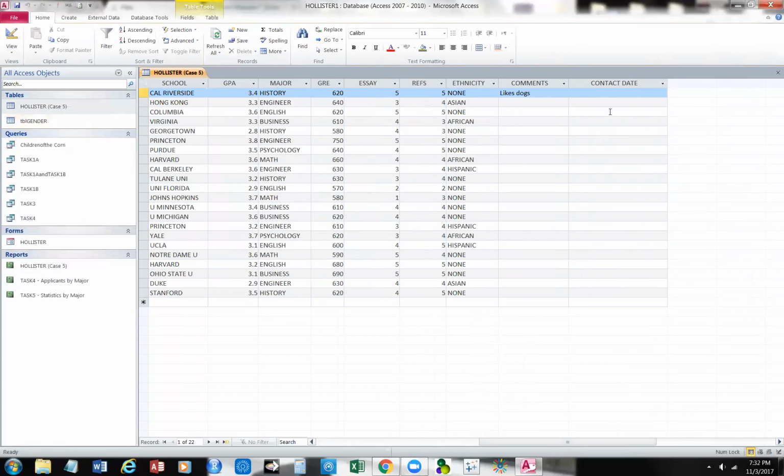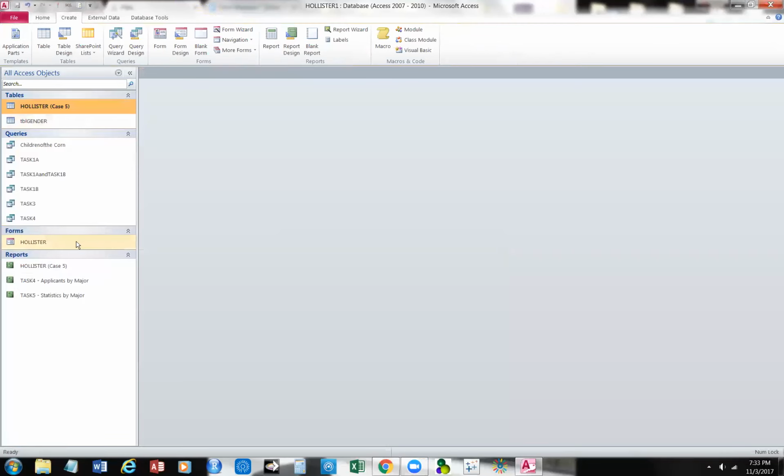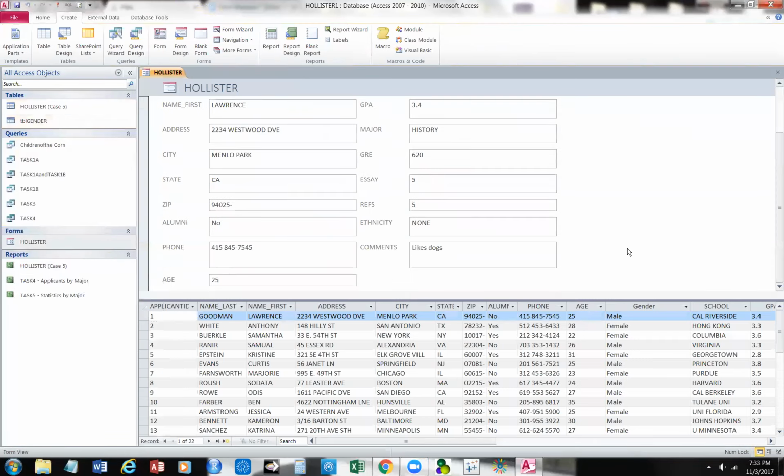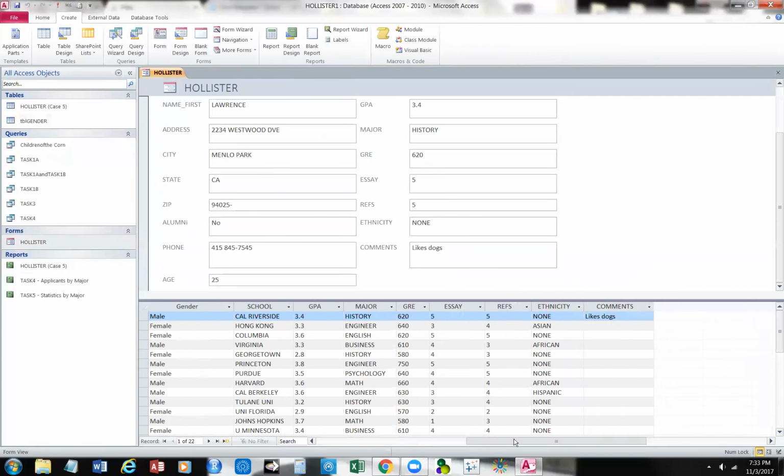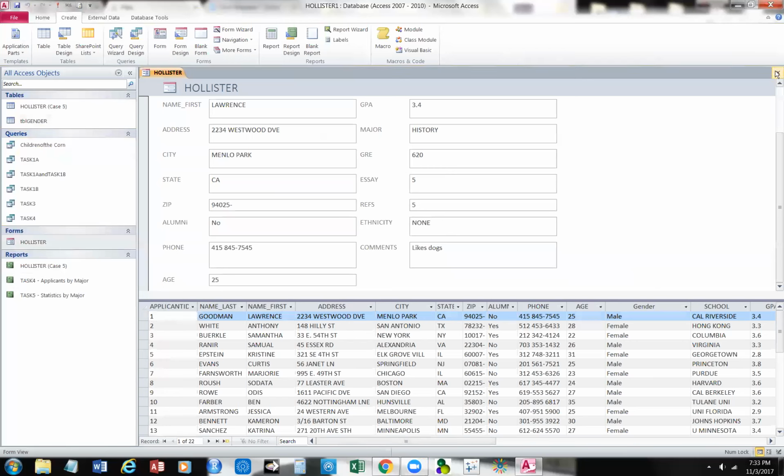Okay. Then we really do have something, and let's see if it affected our form. We'll say yes. And let's look over here in Hollister and see if we have date in our form now. And let's squinch all the way over there. No, it doesn't. So what we're going to have to do is add a field to this form. Or what we can do,